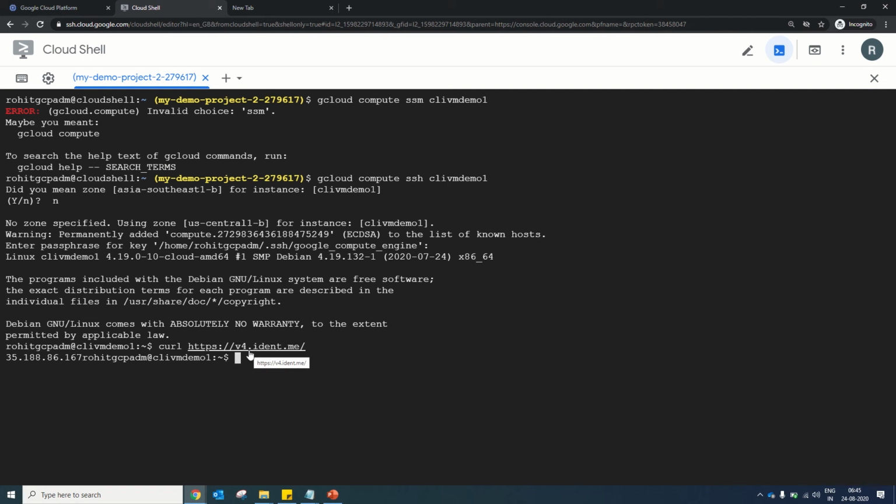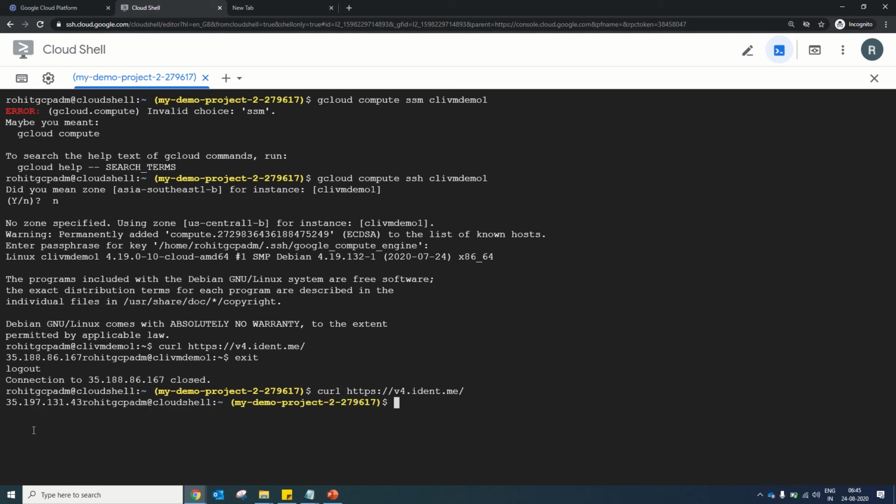Now we will exit from this machine and run the curl command again. Now you can see the difference. The IP is now a different one, which means I am on a different machine, the machine on which Cloud Shell is running or provisioned.